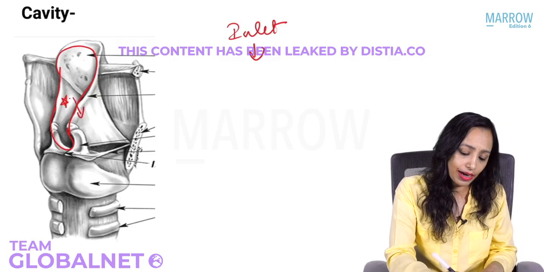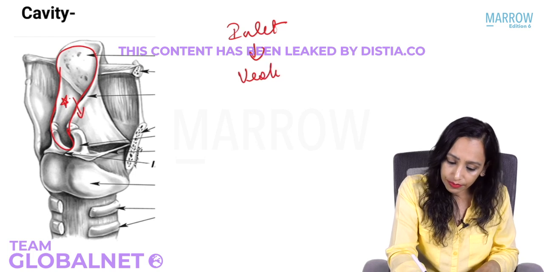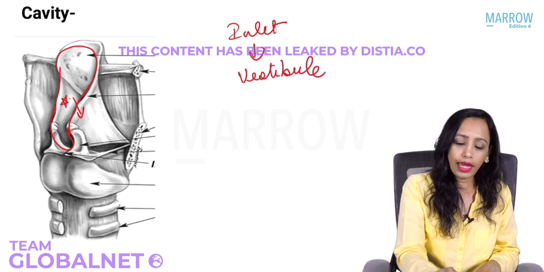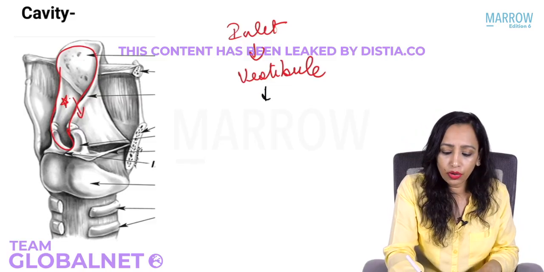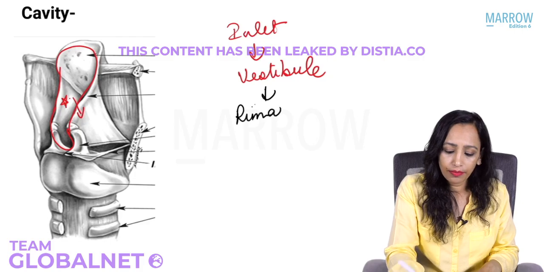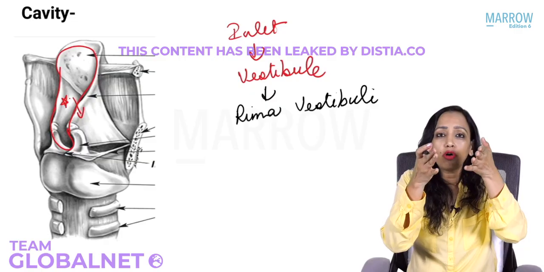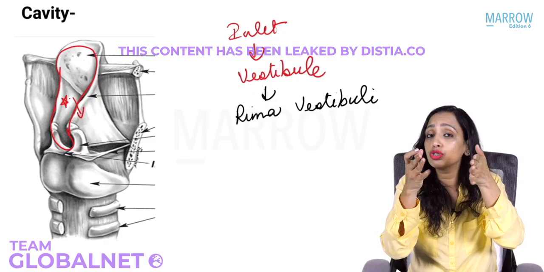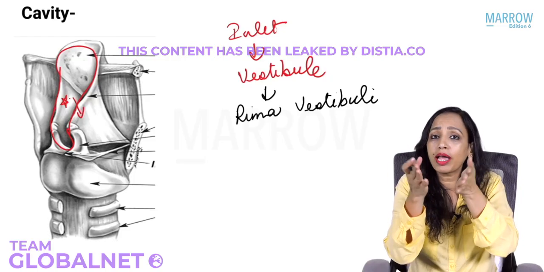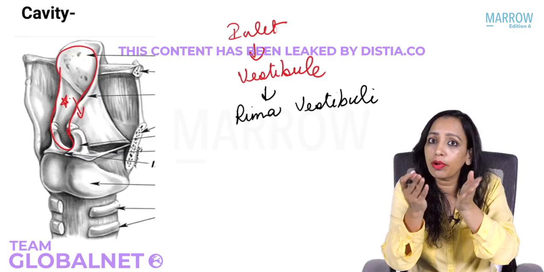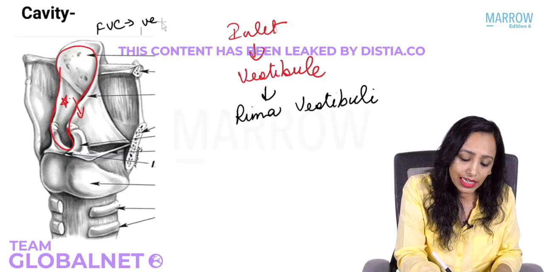Next is the part in between the two quadrangular membranes. That is what is known as the vestibule. Next, below the vestibule will be the part that is in between the two false vocal cords, that is known as rima vestibuli. The false vocal cords are many a times also called vestibular folds, because they are the lower border of the vestibule. They are also sometimes known as ventricular folds, because they are just above the ventricle.